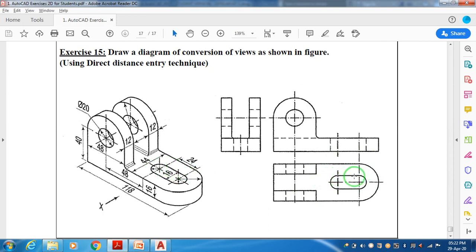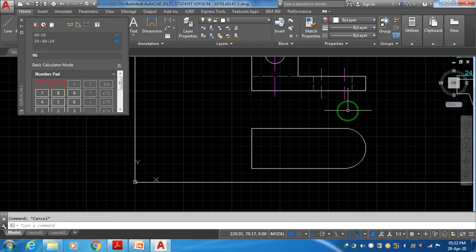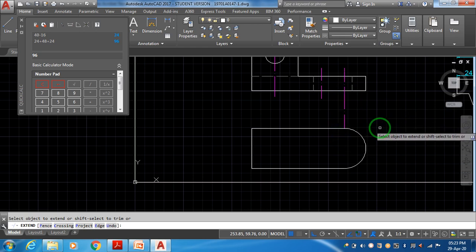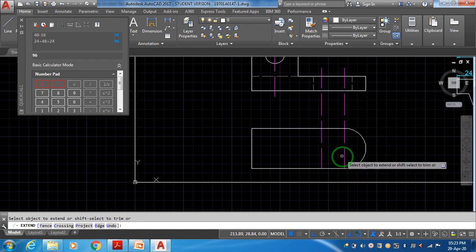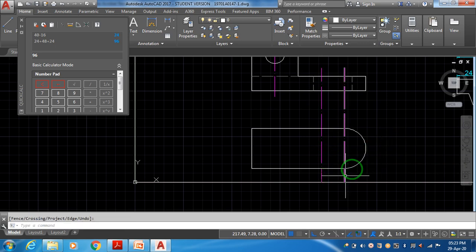Outside boundary we have drawn, but inside again we are supposed to draw web hole. See, right. So for that what we need? Axis. So same axis, right? You can extend them if you have any doubt, or stretching. Modifying command, extend, EX, double enter, click on this. See, first up to that line, up to boundary only it will extend. Second boundary, one more time. First time, second time. If you want to go outside, second time, enter.